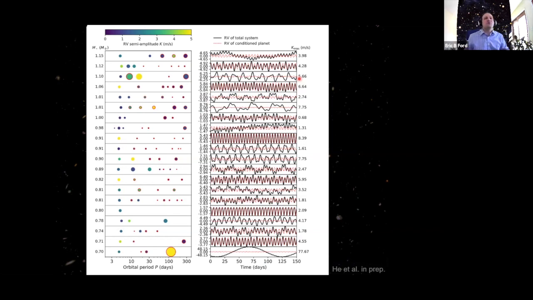Kepler was great, but the targets were typically faint, and we were overloaded because they're only up so many months a year, and there were only so many telescopes that could follow them up. So we were really limited in the RV follow-up. Nearly all the Kepler science came from looking at Kepler itself, and a relatively small number of papers were based on getting RV follow-up of them. It was a major effort. It was great work, but it could only do a very small fraction of Kepler systems. The point of TESS was to change that, and now radial velocity is imagined to become a much bigger part.